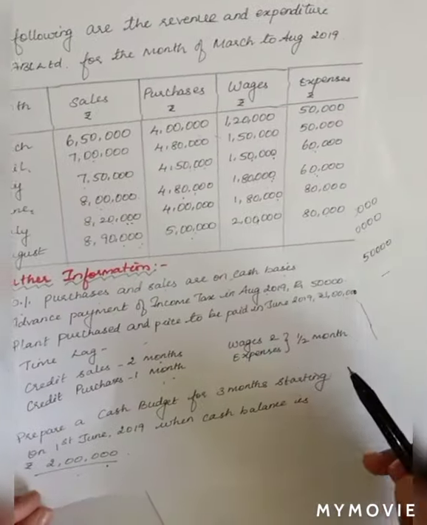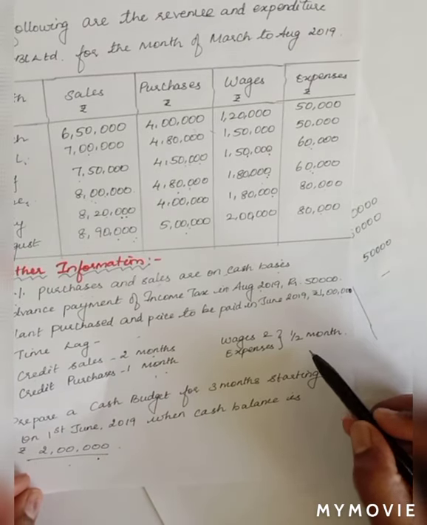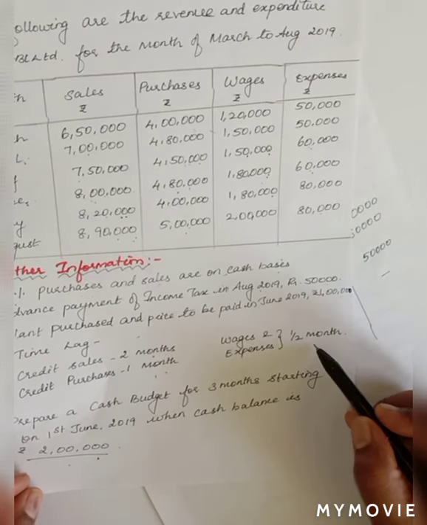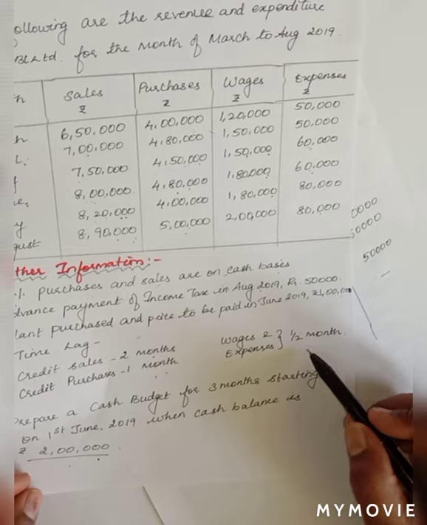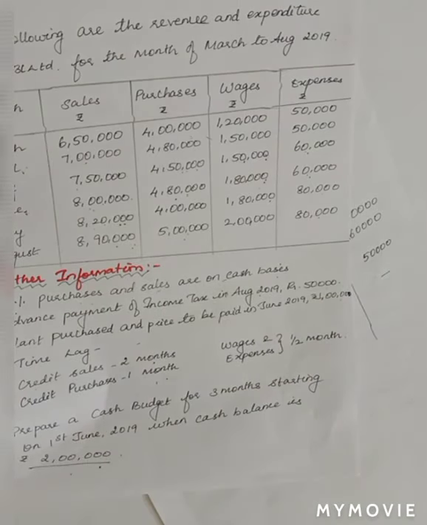So now coming to the next item, wages and expenses, half a month. What this means is, you have to settle half of the expenses now itself in the month in which you have incurred them, and the other half you can move to the next period, that is, for the next 15 days you can settle it in the next month. Okay, to put it in simple terms, a 15 days period is given.